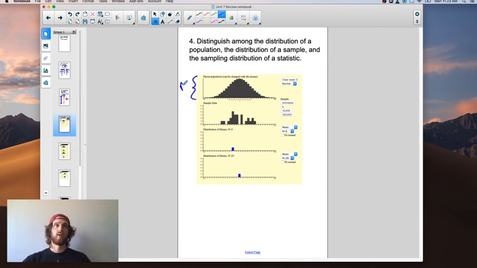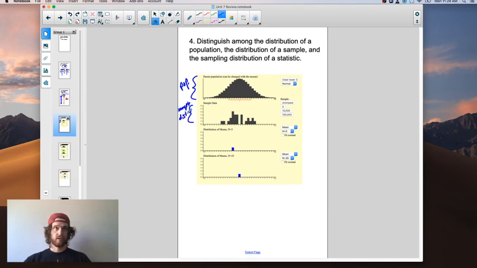We can't sample the entire population most of the time because that would be too expensive. So instead, we pull a select number out. And this is the distribution of our population. We can't afford to sample the whole population, so we pull a select number out. In this image right here, this is our sample